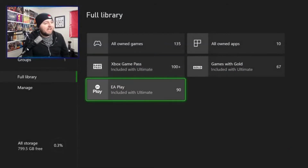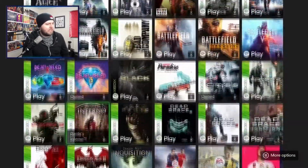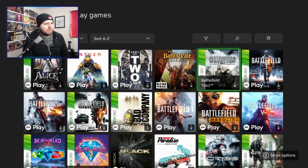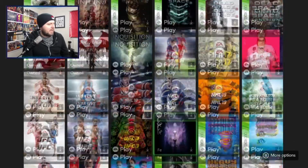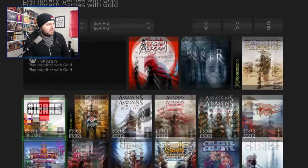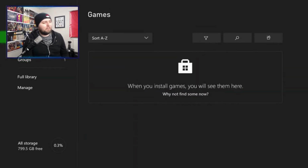And obviously today, as I mentioned earlier, all of the EA Play games are now on Xbox Game Pass Ultimate, which means that all these 90 games here, everything from OG games like Black, all the way to Xbox 360 games, the Battlefield games, the Xbox One games, FIFA 20 is on there. There's 90 new games there, plus 100 plus from Game Pass. And then obviously I've got my Games with Gold games as well. So I've got a lot of stuff to keep myself occupied with,